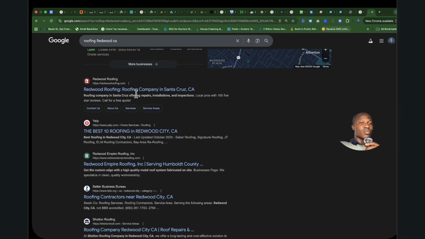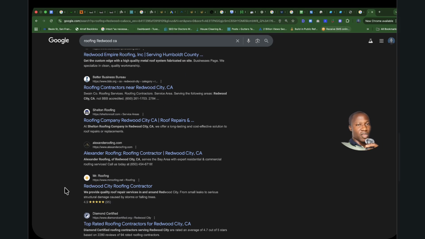There's every tendency it will rank because of all the citations going to the home page, all the press releases going to the home page, all the business directory links going to the home page, all the guest posts going to the home page. So it's giving the home page that authority, that power to rank above inner pages. While your inner pages might also rank, it's a 50-50 chance. But your home page links will always rank, especially if done the right way.